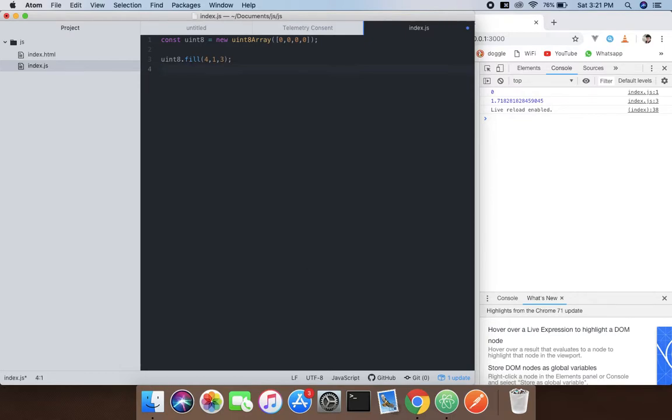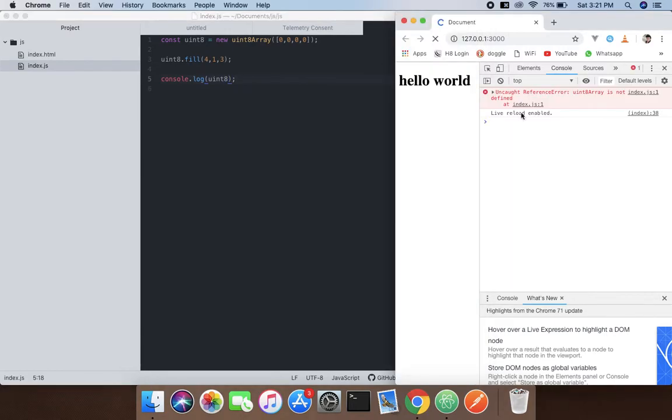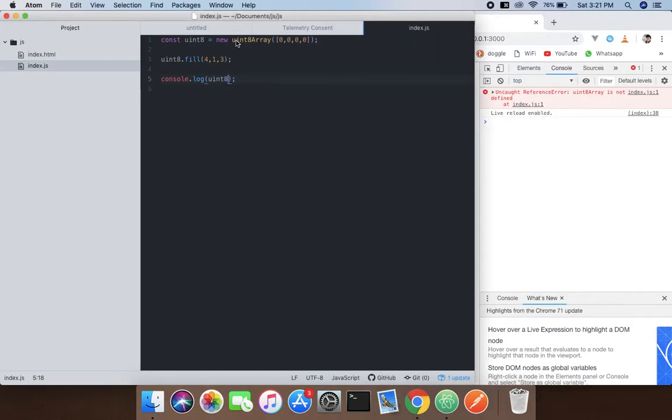and for seeing that, we need to log it on the console, uint8. When you do that, oh, there is an error. Uint8, oh, sorry about that. It's a constructor, it would be a big U. So yeah,